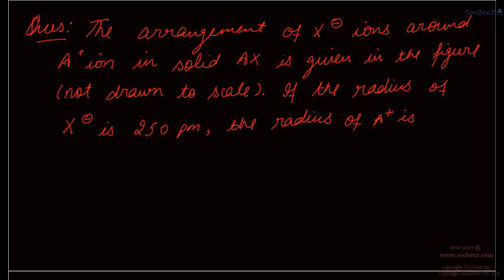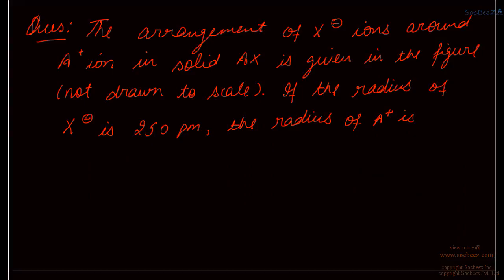So let's discuss one last problem. And the question says that the arrangement of X negative ions around A positive ion in solid AX is given in the figure, not drawn to scale. Okay, so if the radius of X negative is 250 picometer, the radius of A positive is, okay, so figure here is given to be as,